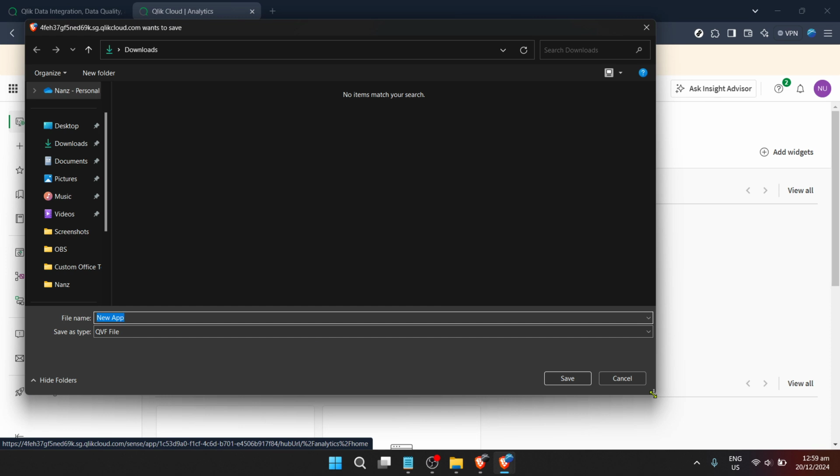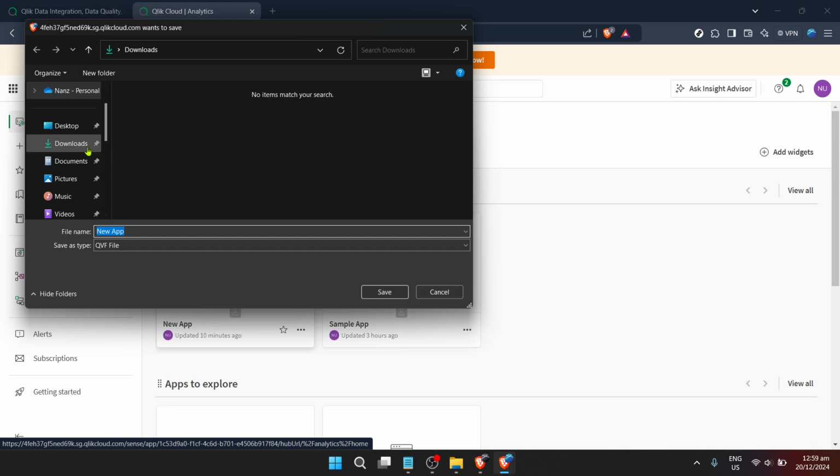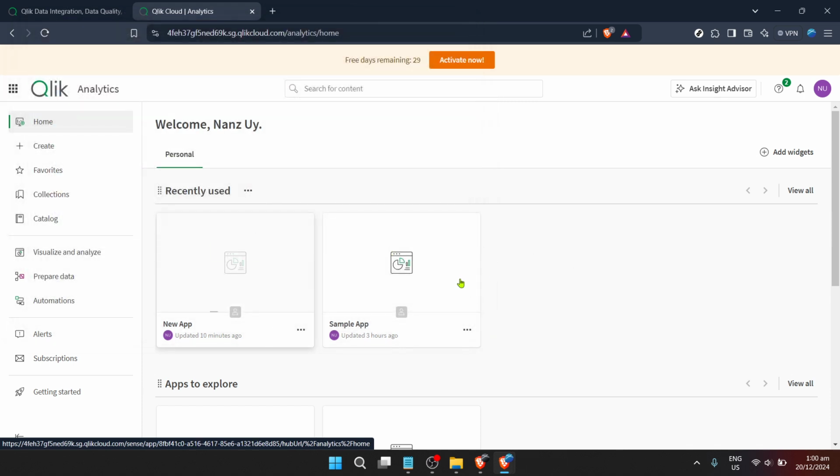The process initiates the packaging of your app into a downloadable file, including all the data you've worked with. It's like bundling up your digital work into a carry-on, ready to be transported wherever you need it to go. Exporting a Qlik Sense app might sound like an intricate task, but, as you can see, it's quite a straightforward process when broken down step by step. From logging into Qlik, navigating the cloud environment, selecting your app, to finally exporting it with data, each step is designed to ensure you have control over your Qlik Sense applications and can share or back them up as needed.